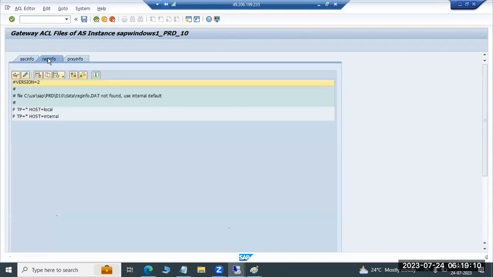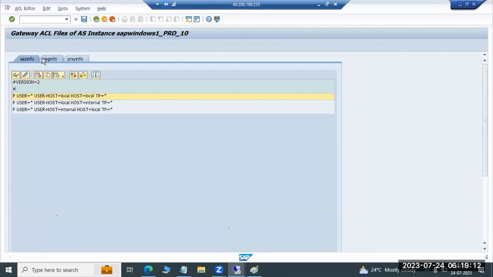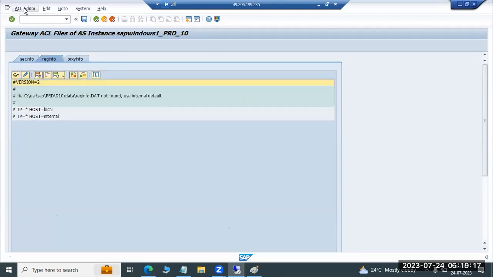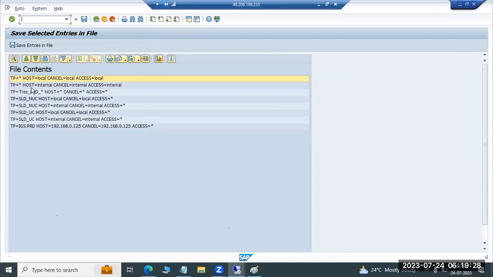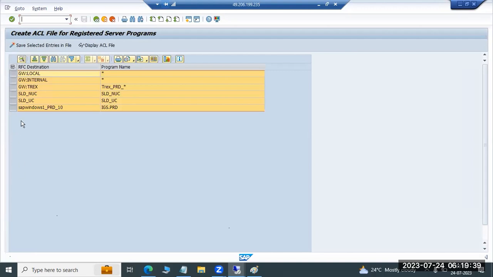And also if you go to the secinfo files, these are the secinfo files. These are the RFC connections related. Which connections should talk to your systems, based on that, you can create the connections here, so that only these connections are allowed inside of the systems. If any new connections are created, again we need to create a new entry here, or again we need to recalculate the